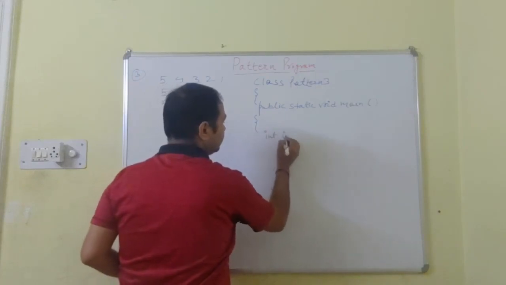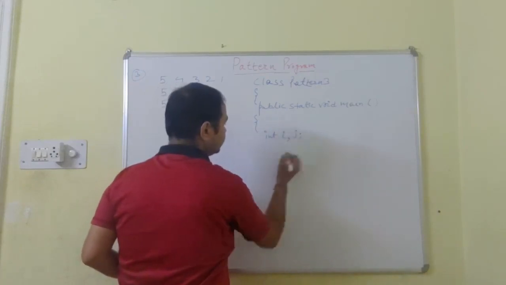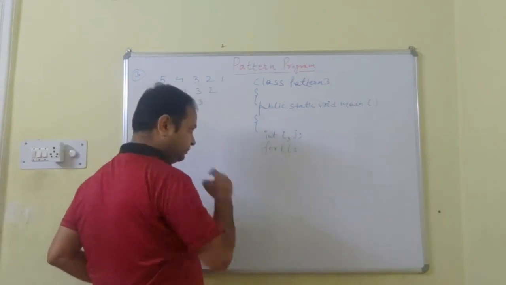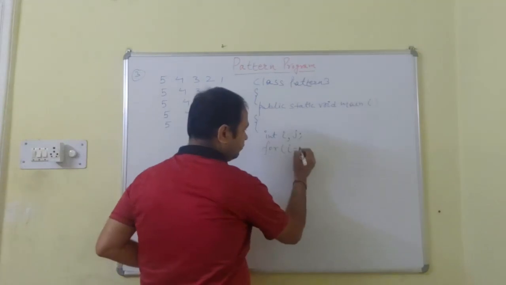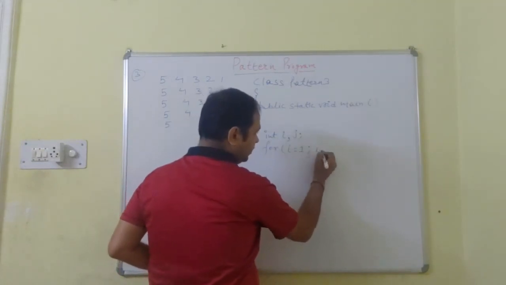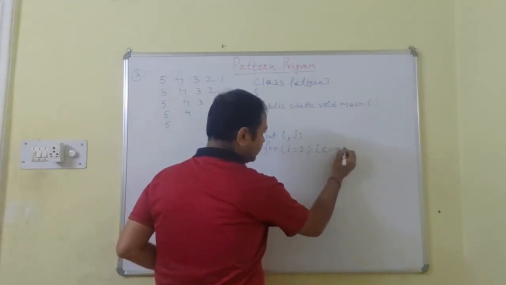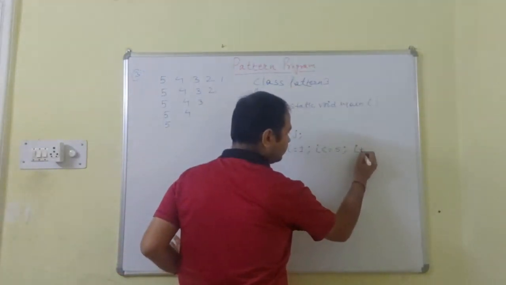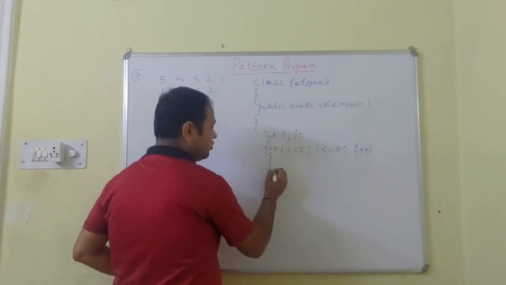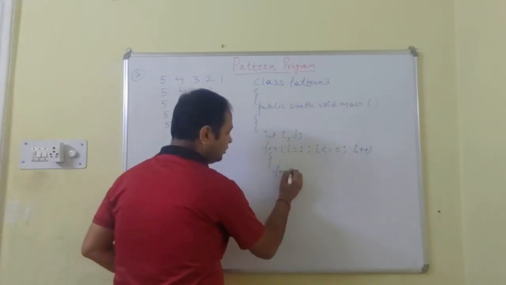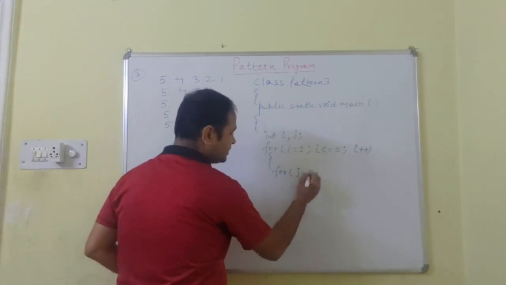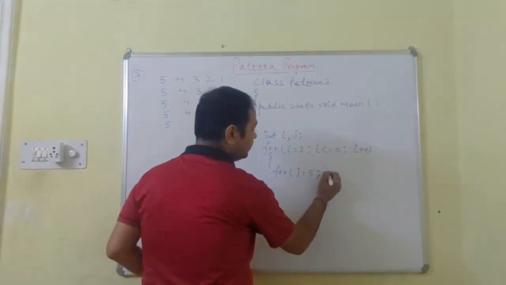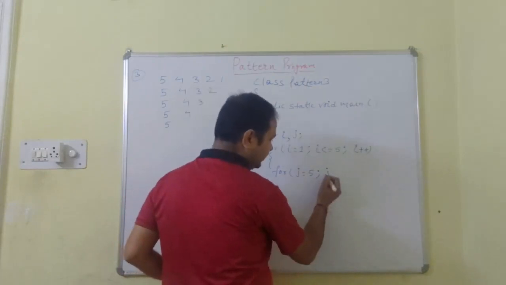int i, j. I write for i equals to 1, initial value, i less than equal to 5 is a control variable. This is i less than equal to 5, last value must go with the 5, i plus plus, opening the bracket, then I write for j, first value always start, we are having 5, so we write j equals to 5, then semicolon,